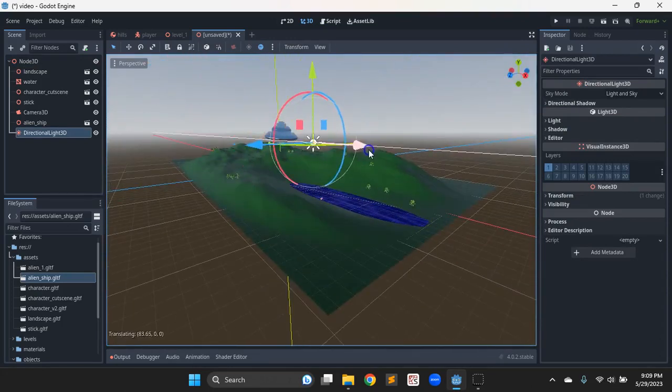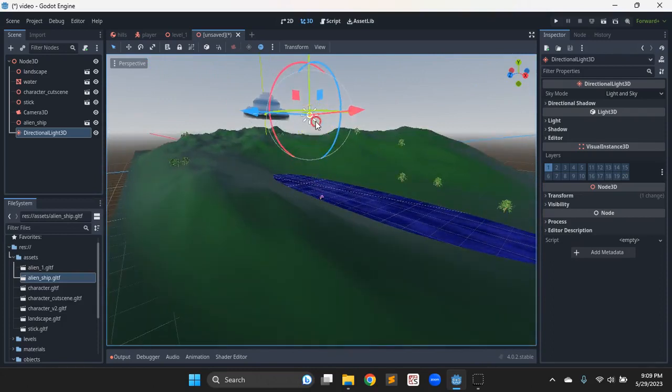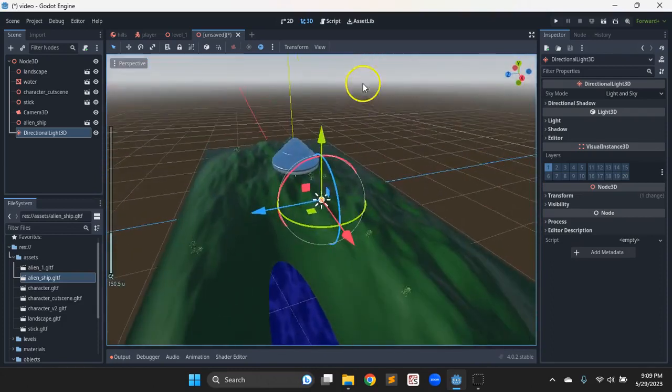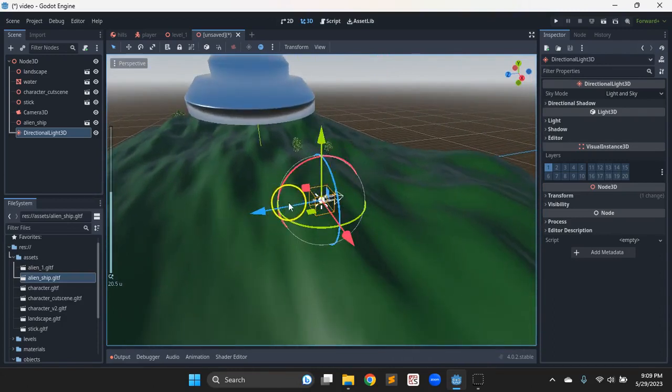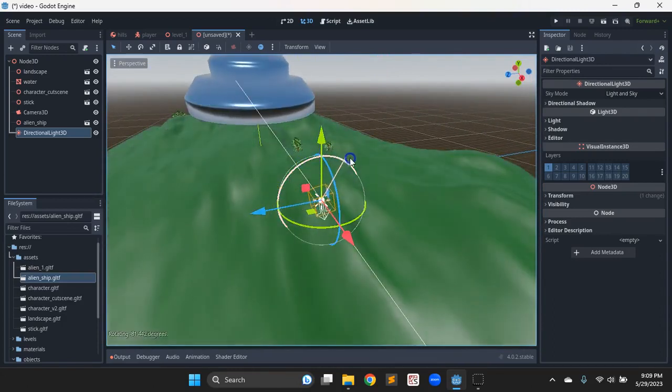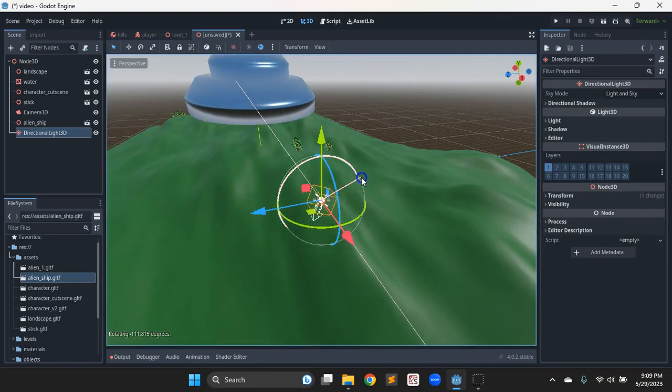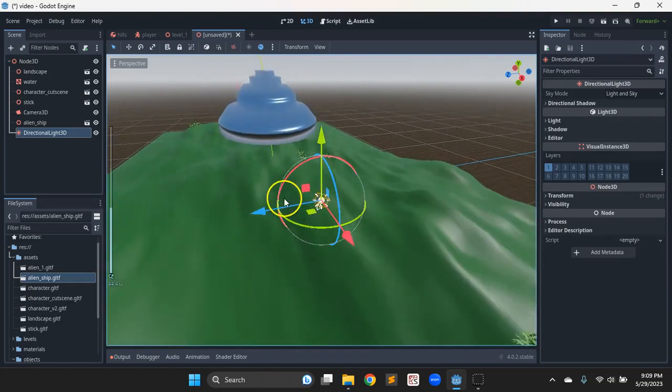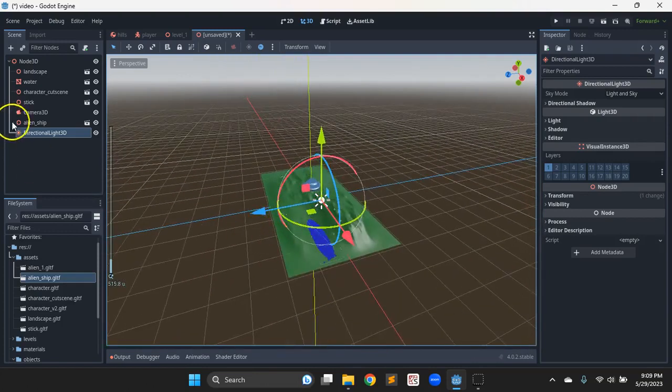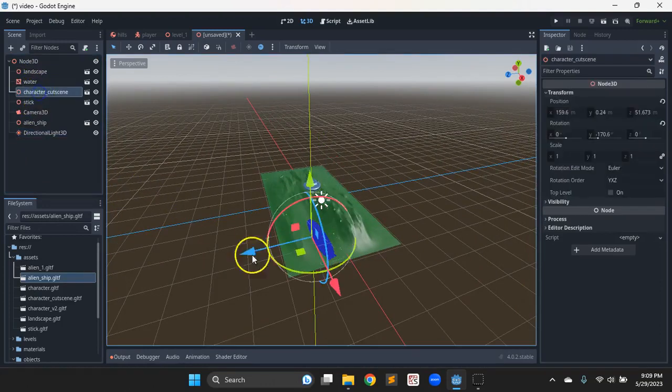Where is that at? And rotate that so that it's pointing pretty much down at us. That'll work. If we go back to sort of the character view,